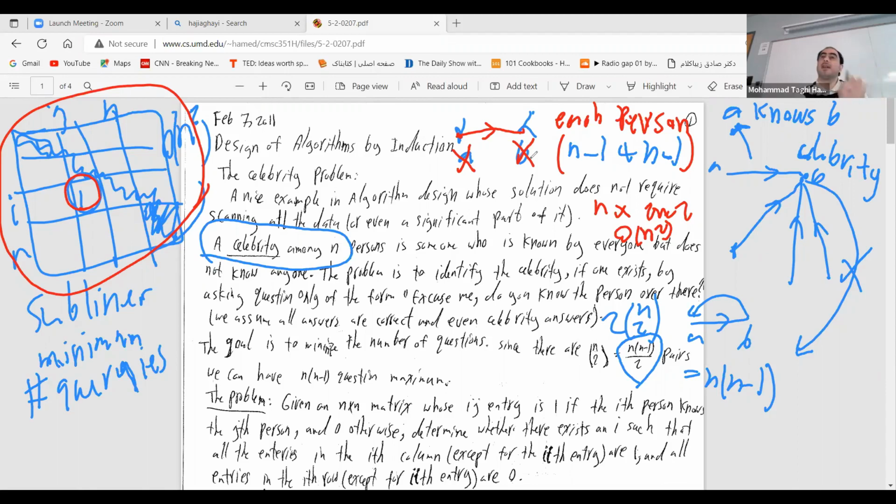So I have n persons at the beginning. I want to have one candidate at the end. How many questions should I ask? Yeah, n minus 1. You can essentially take the first two guys, A and B, and depending on whether this guy says yes or no, you may remove essentially one of these guys. You see this. Depending on whether A knows B or not, one of them will be essentially eliminated.